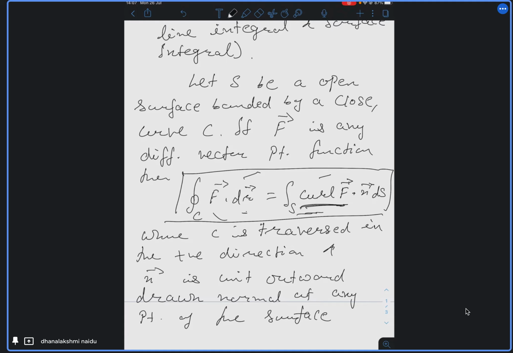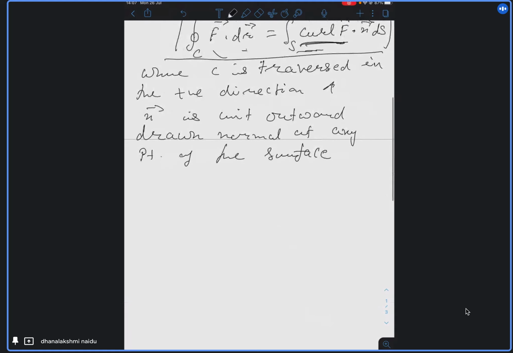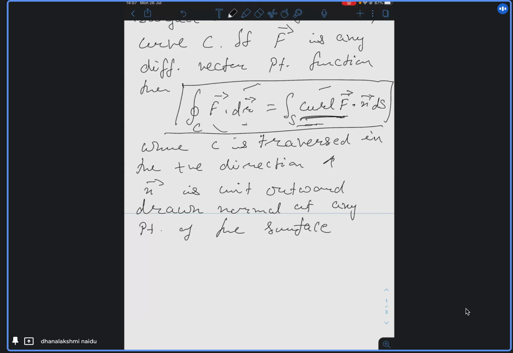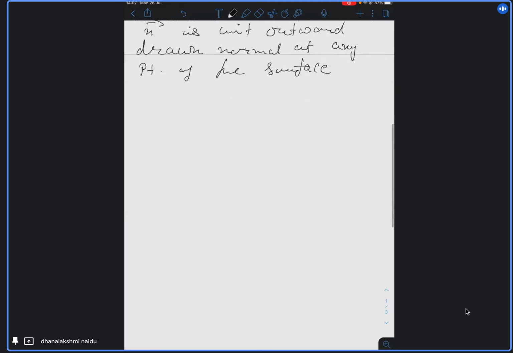Understood, all of you? Now you can deduce Green's theorem also from this Stokes theorem. Let's see whether this will happen or not. Because for whatever function is given, whether you calculate it by using the Green's theorem or Stokes theorem, the line integral value of that function must be same. Is it or not? Yes, so you can always deduce Green's theorem from Stokes theorem. Now, let us see how you will deduce.